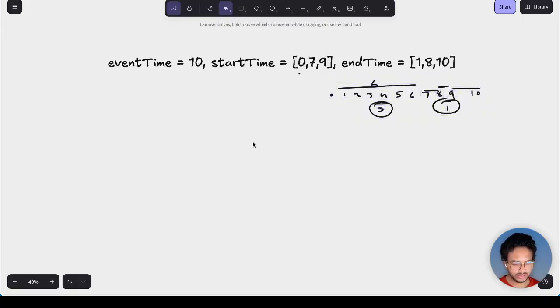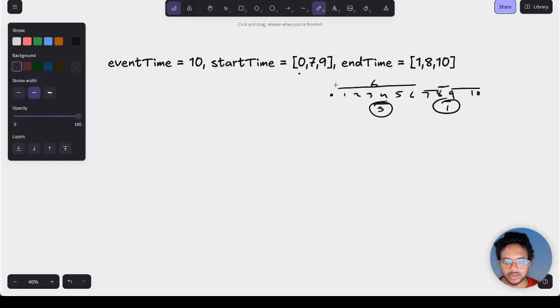I will take one array, gaps. The gaps array will be of size n plus one, where n is the number of meetings. So in the gaps array, what I will do is